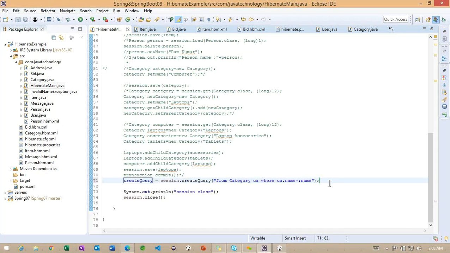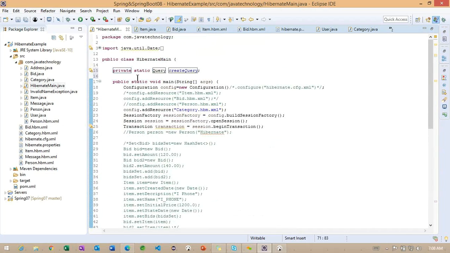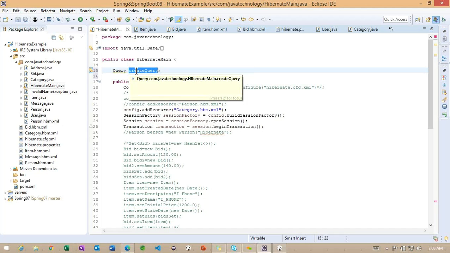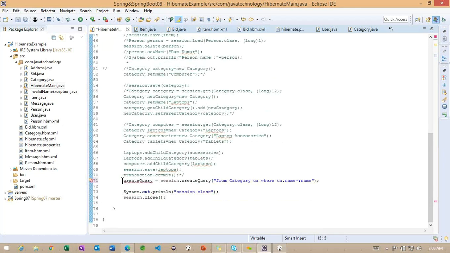So createQuery. Okay, here it is showing. I'm expecting it to get the particular return type here.